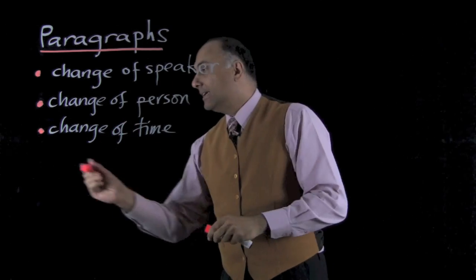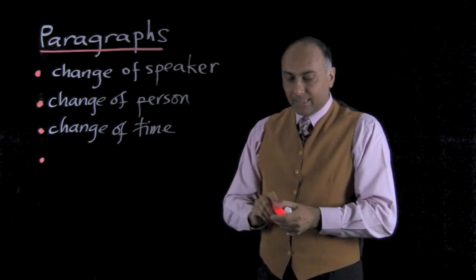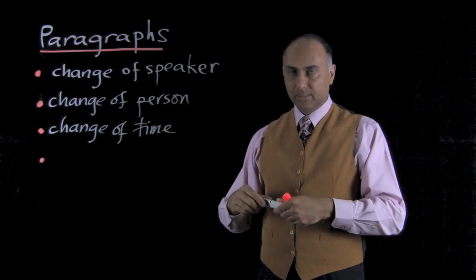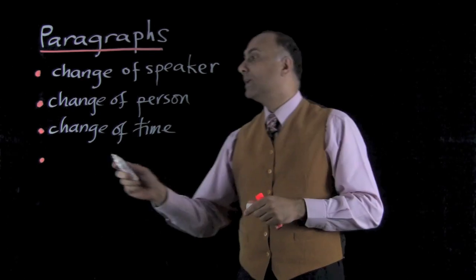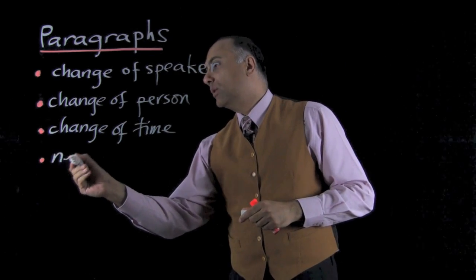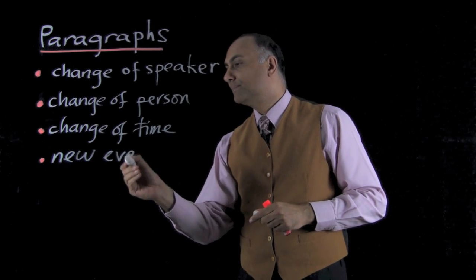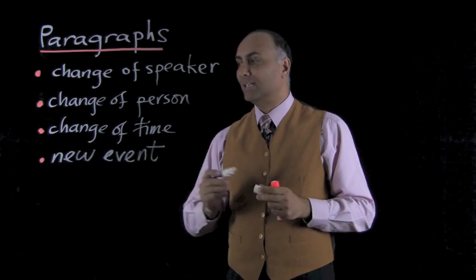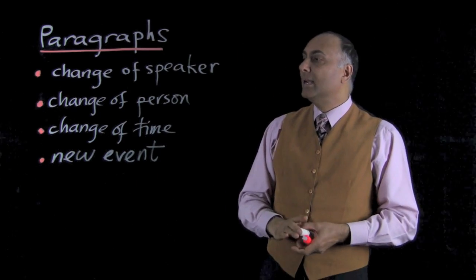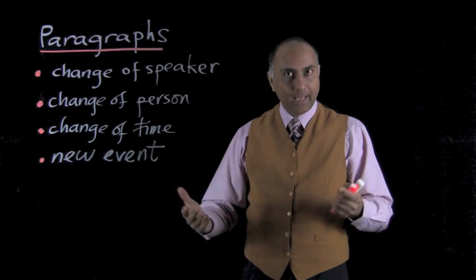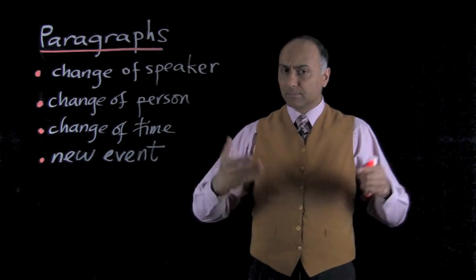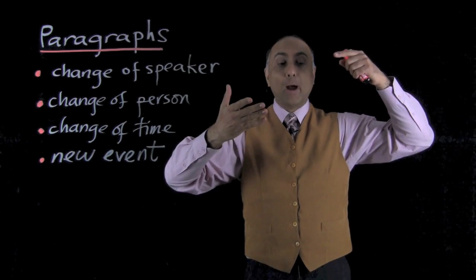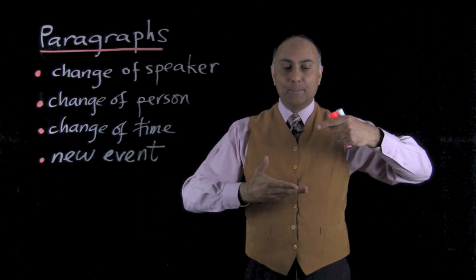I've mentioned it already in passing, but it could be that something new has happened, a new event, if you like. So it's a change of event, or I'll call it a new event. Something significant, some new thing that's happened which is significant to your story, and something that you're going to write perhaps several sentences about. So again, you're signaling to your reader that, okay, up to now, I've been writing about